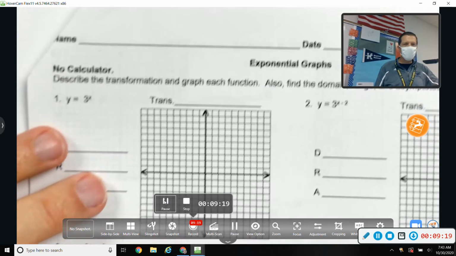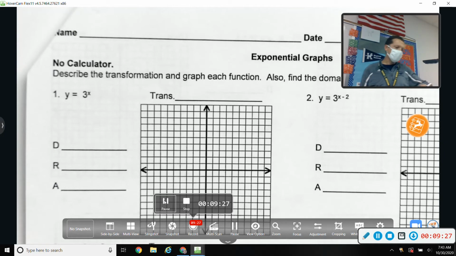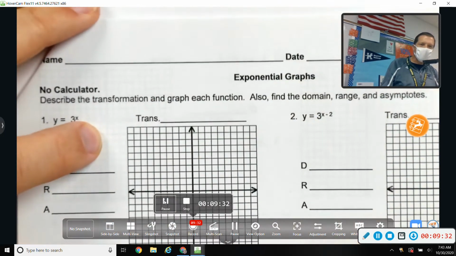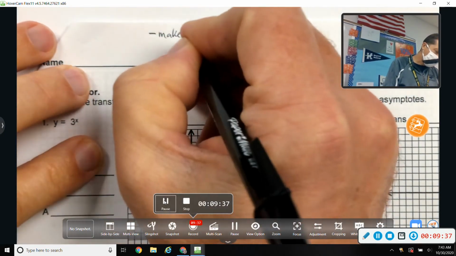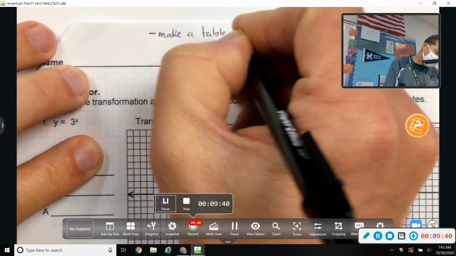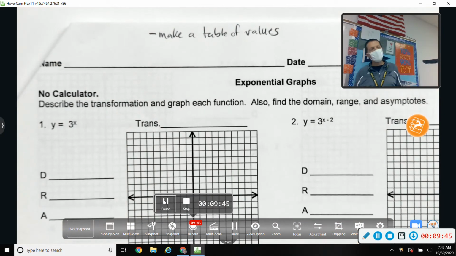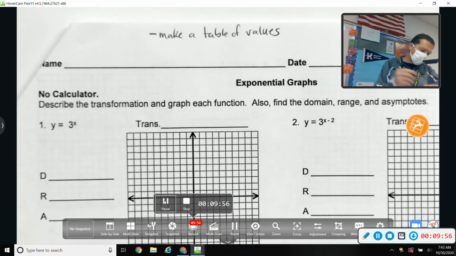All right, exponential graphs. So page 2 here. I'm trying to figure out how to fit 2 lines of notes without doing it anywhere else. I think we'll just fit it in up here at the top. Here's how we're going to do this. Make a table of values. I mean, that's always a good way to do a graph, especially if you don't know what it looks like, is just start picking some values and plotting points and see what happens. There's nothing wrong with that. And we're going to do that today, but we want to pick our x values,